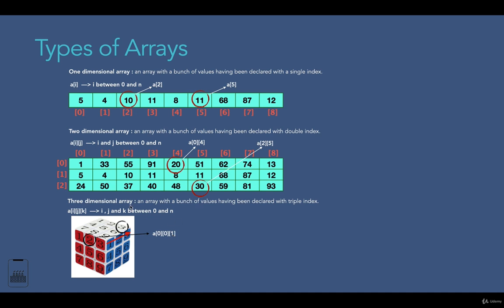Now let's say if we want to access this element over here. In this case, first we need to identify the depth. As you see, it's located at the third depth. So this means that the index of this one will be 2. Then we need to identify row index, so it's in the first row, which is 0. Then we need to identify the column index. So it's located at the third column, which is index of 2. So to access this one, we will write depth index, row index, and column index. So by doing so, we can access this element over here.